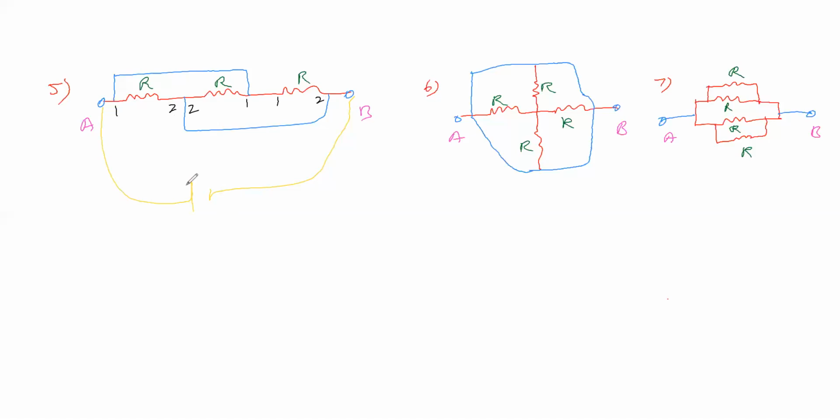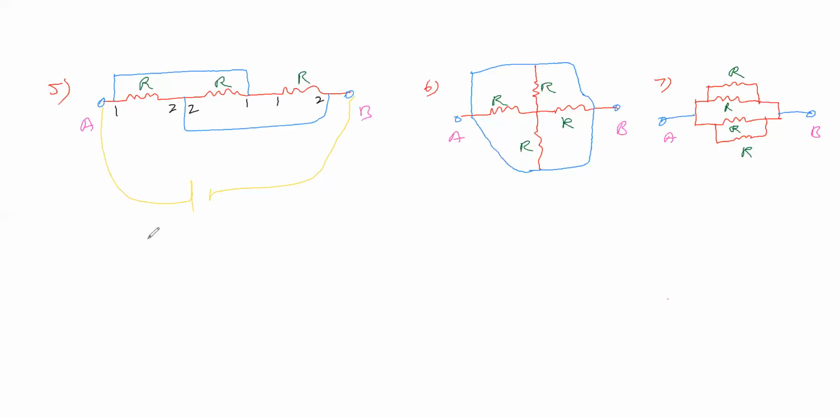That means here these three resistors have their first terminals connected to one common potential and their second terminals connected to another common potential. If the first terminals of all the resistors are connected to one common potential and the second terminals of all the resistors are connected to another common potential, then that combination is said to be a parallel combination. That means problem number 5 is a parallel combination.